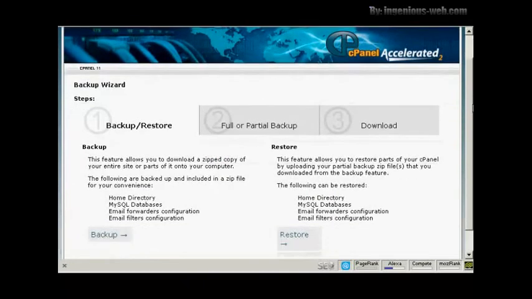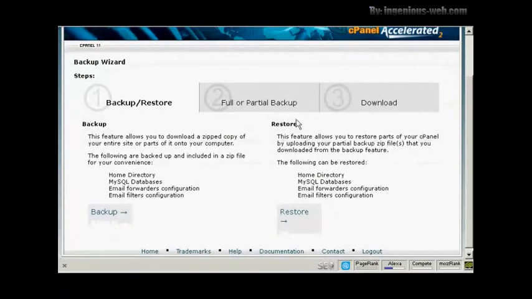And it gives you the steps here. You can back up or restore. And what you want to back up really are the two things that you need for your WordPress blog to work, which are the home directory and the MySQL databases. The things like email forwarders configuration and email filters configuration are more to do with the actual running of your website. So we click on Backup,